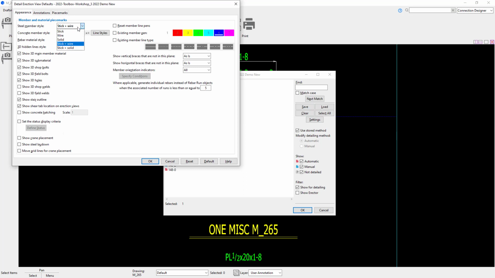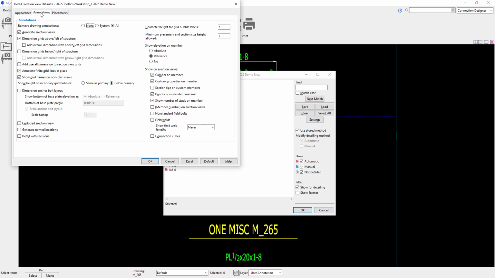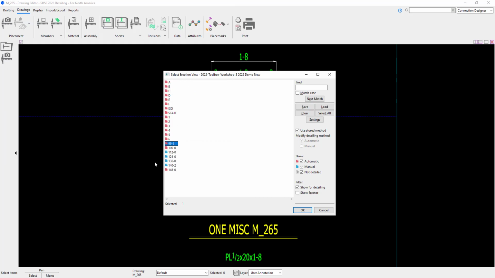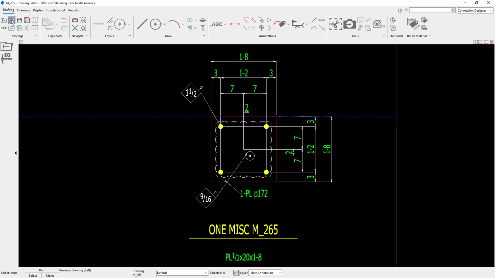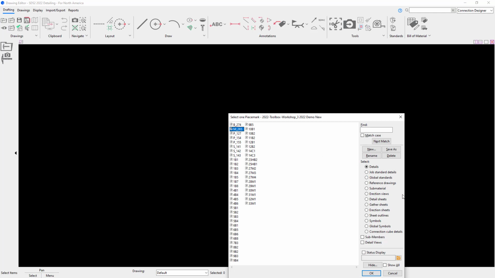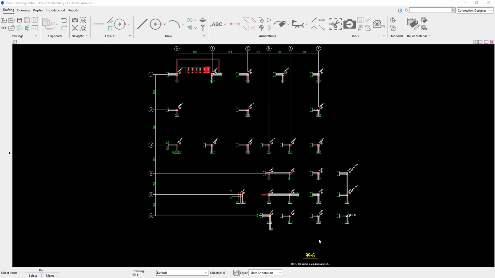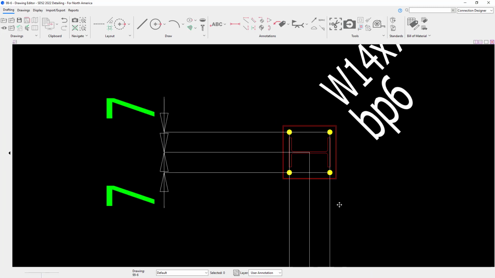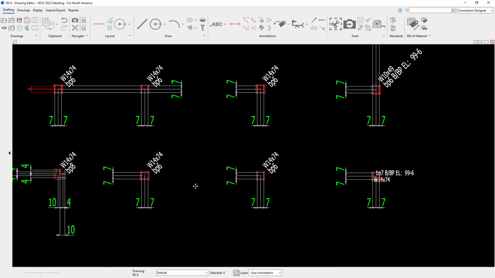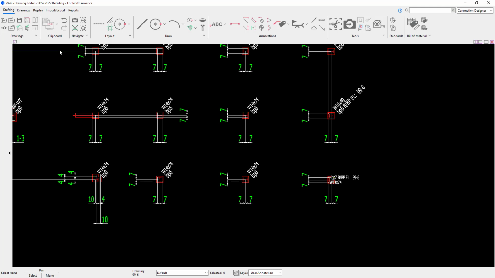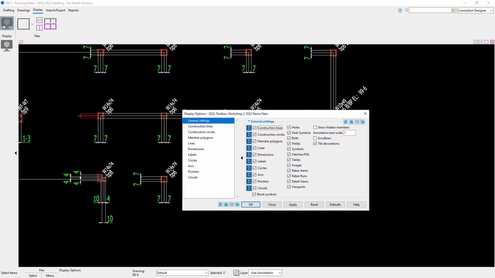Come in my settings, set this to wire, and then in my annotations, I'll click on dimension anchor bolt layout. And now when I take a look at this anchor bolt layout, you'll see that the polygons are there for my leveling plate, but nothing is called out for that leveling plate. So to get that to call out, I can go into my display options and turn on my show hidden members,